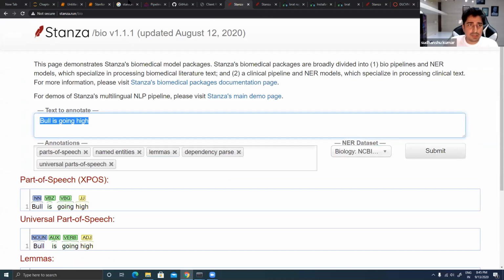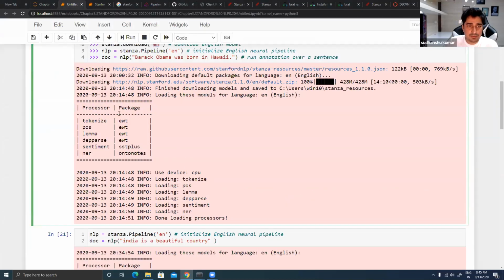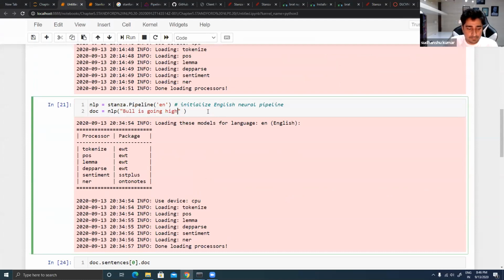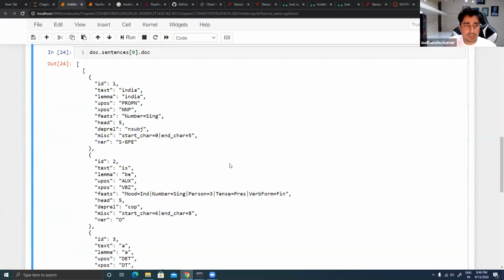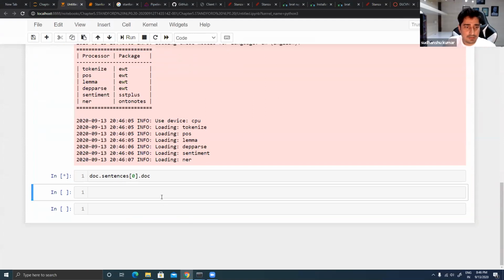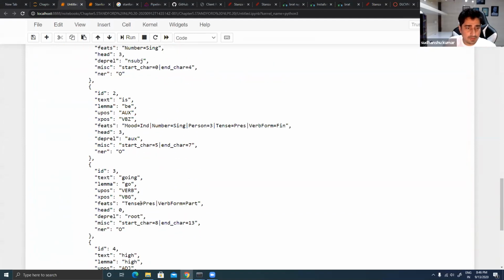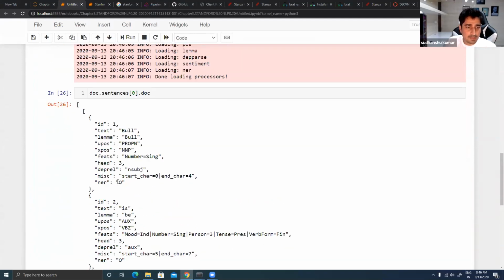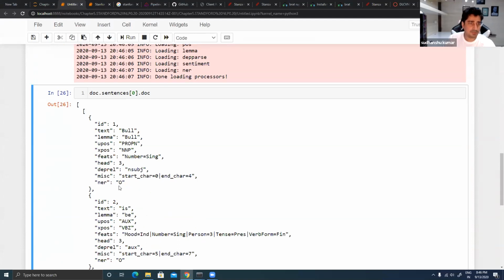So let me check what kind of NER I am able to get. So this is a Stanza English model, and bull. Bull is what? NER wise, it's trying to understand objects. Yeah, so it is trying to understand some kind of noun in this particular place, right?